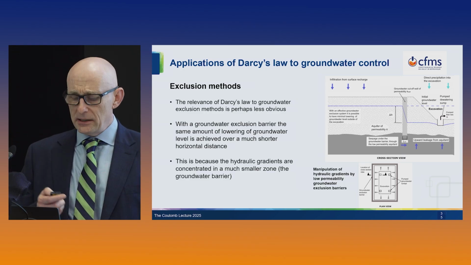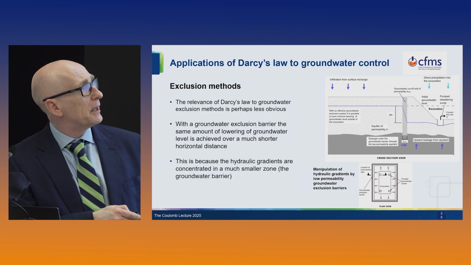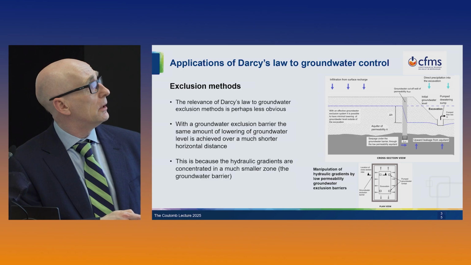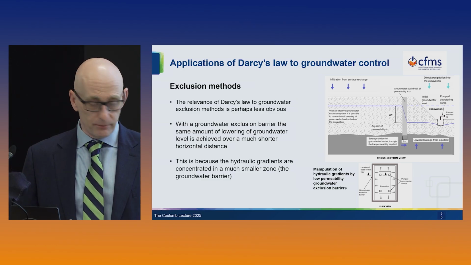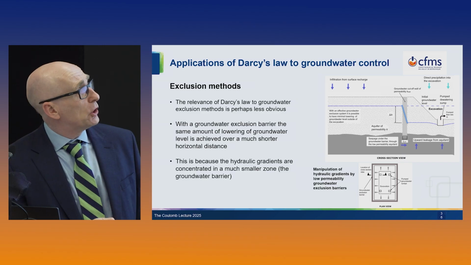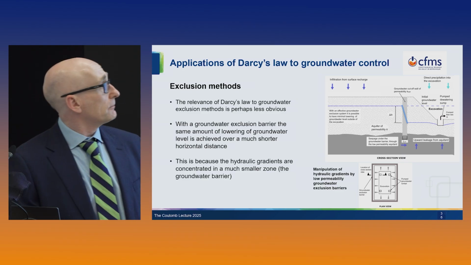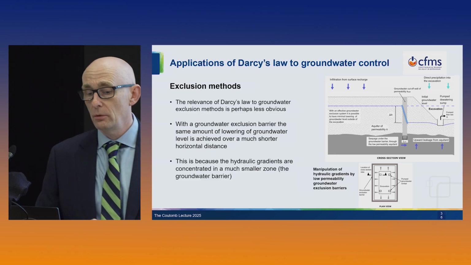And if we go back to the basics of an exclusion method, we have a low permeability barrier here, which means that we can pump on the inside, and we pump a much lower flow rate, and we also have very little or no drawdown or water lowering on the outside. What we're actually doing is we're concentrating the hydraulic gradients in the barrier. And then if you applied the mathematical Darcy's law to it, the hydraulic gradient applied across there combined with the permeability of the wall will give you the flow rate.